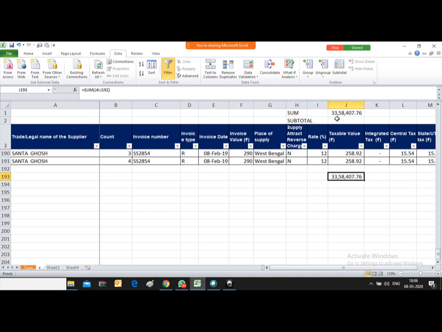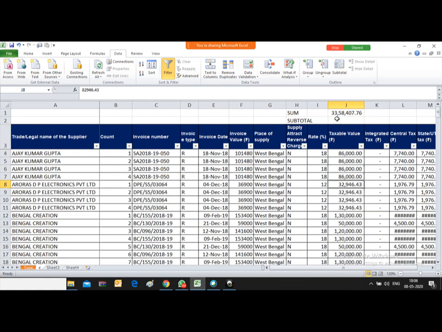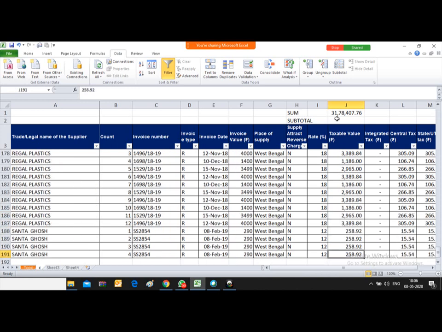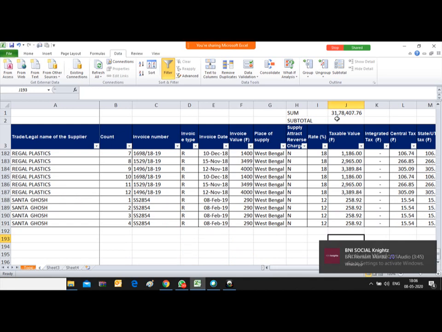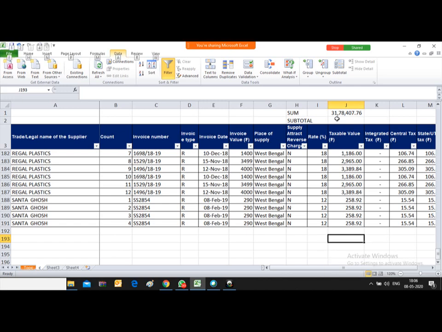But friends, before applying this alt equal to formula, you have to be sure that there is no blank cell. For example, in between, suppose these two cells are blank, and if I use this alt equal to shortcut key, then it will select only up to the blank cell. So I'm just repeating that.